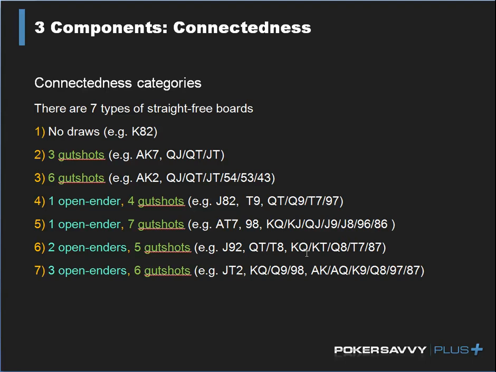A set of tens is going to be, against that range, not that much worse off than a set of jacks, because there's so many hands that they do similarly against. There's obviously dominating draws, medium strength draws, weak draws, and the wetter the board gets, the more important this hierarchy